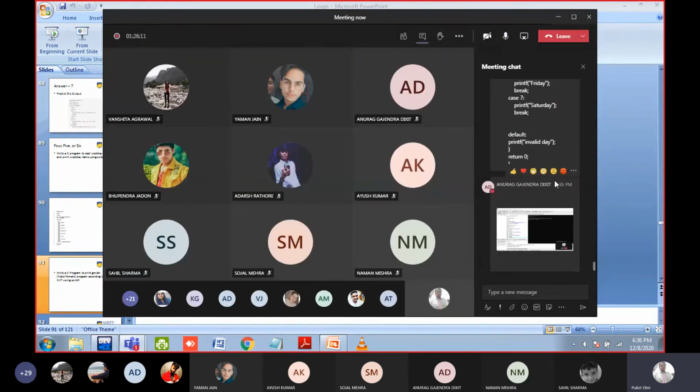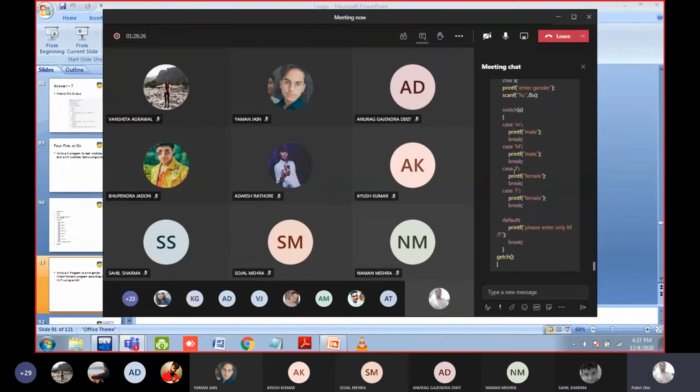Anurag's answer is correct, and he has used the single quotes. Do not write case capital M or small m. Character means you need to write it inside the single quote or the double quote, both will work. But write these things in the quotes. Now integers are not written in the quotes. For example, in the previous weekday program, you are not writing the numbers in quotes. But characters need to be written inside the quotes. That is the basic syntax. Dennis Ritchie or anyone has given the syntax and we have to follow it.